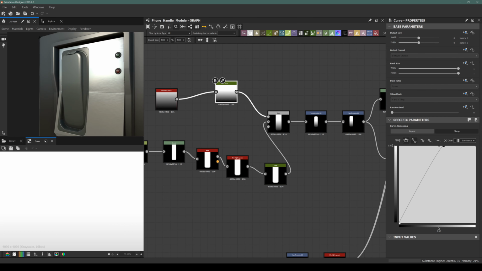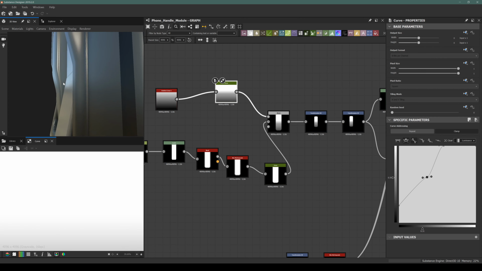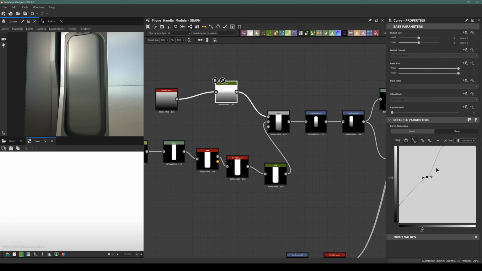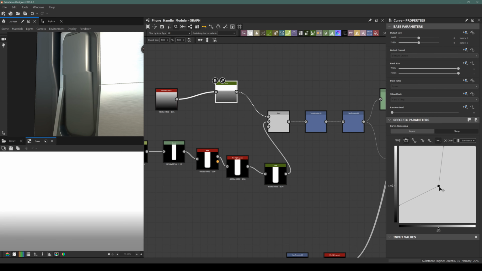And also we can change the shape a little bit to create a more futuristic phone. Let's make those sharpen again. When we get to the nice shape, we smooth the result in a desired way,